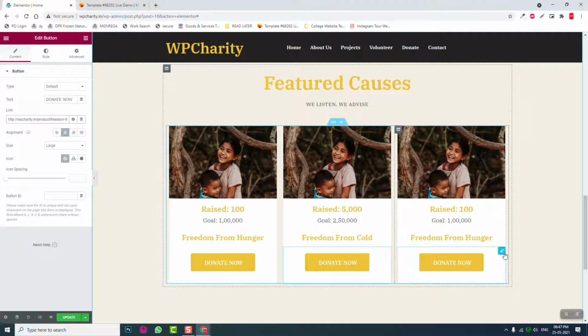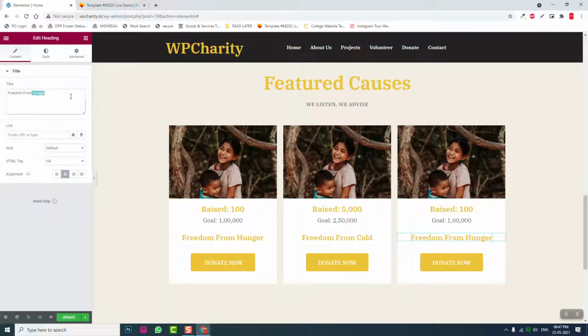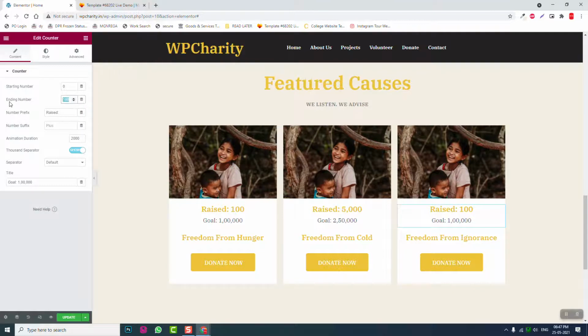And same here, link this to freedom from ignorance, and project name is freedom from ignorance. And raised about, we have raised about 15,000, and target is 3 lakhs, something like that. Then